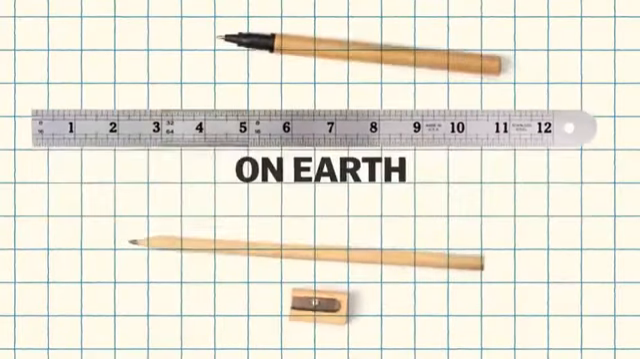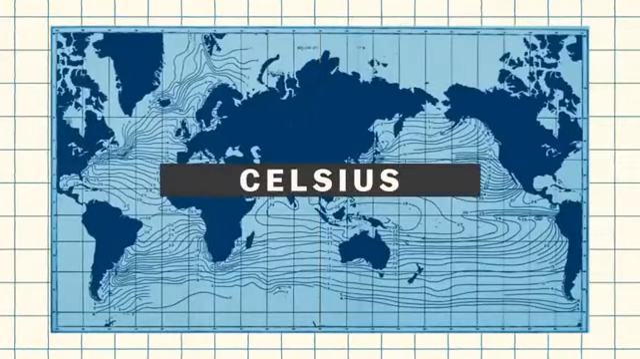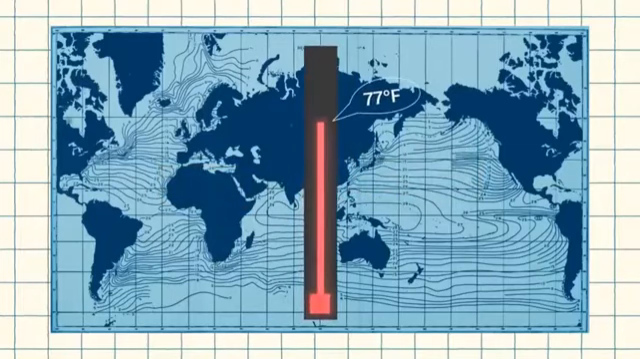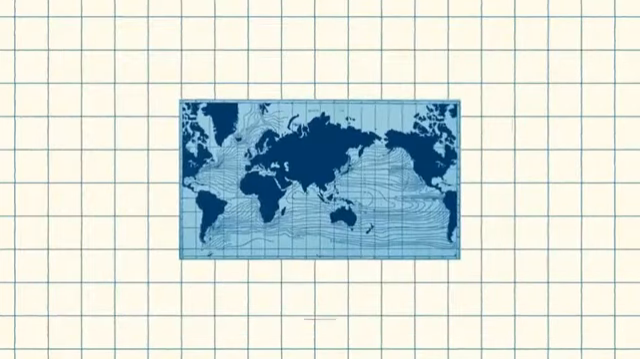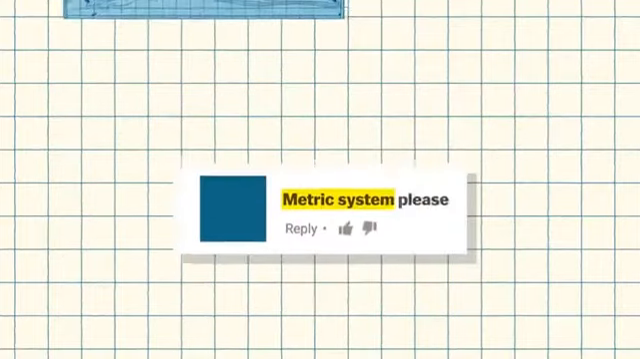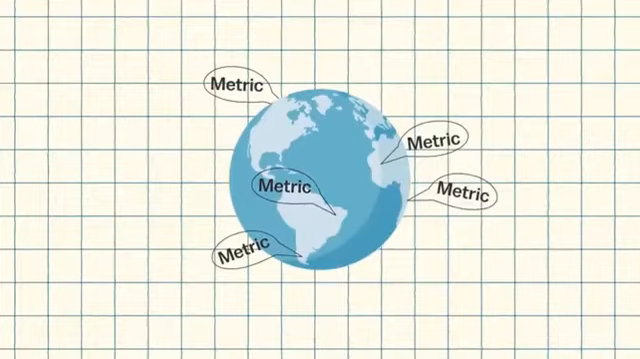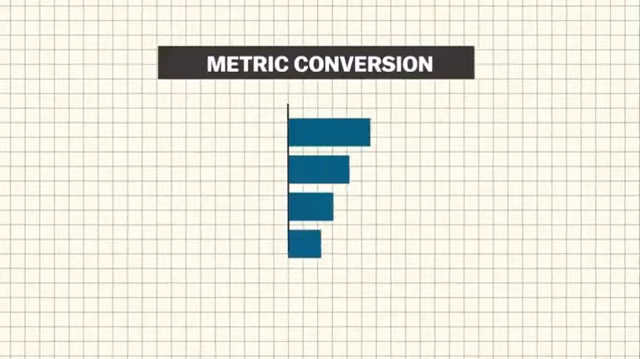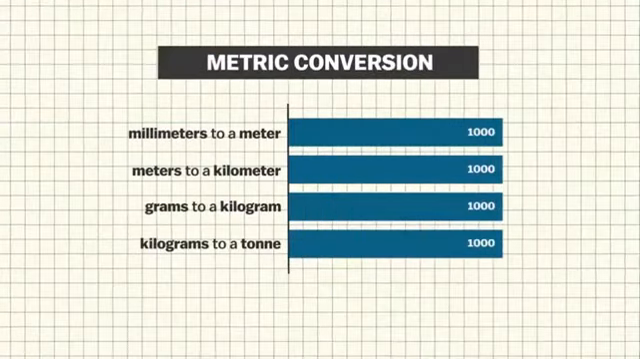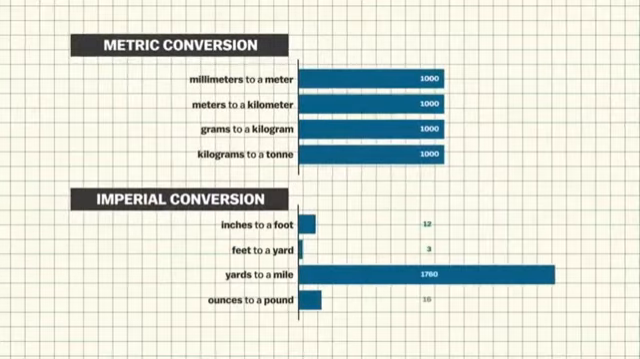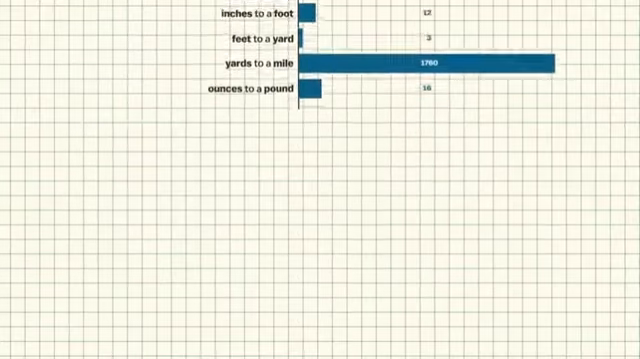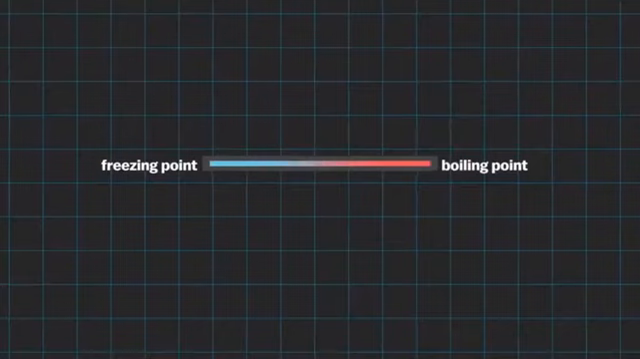Virtually every country on Earth uses Celsius to measure temperature, but the US still uses Fahrenheit. And for that reason, we at Vox often get comments like these. Okay, we get it. Besides the fact that the majority of the world uses it, the metric system makes conversions a lot easier. The Celsius scale even looks simpler. It has freezing and boiling points at nice, round numbers, 0 and 100,